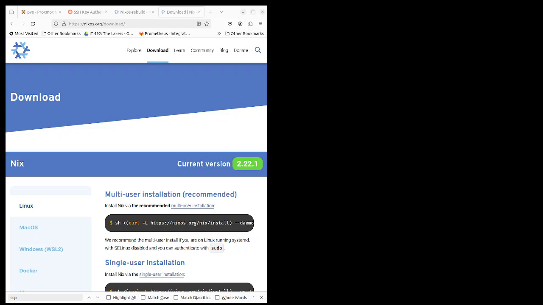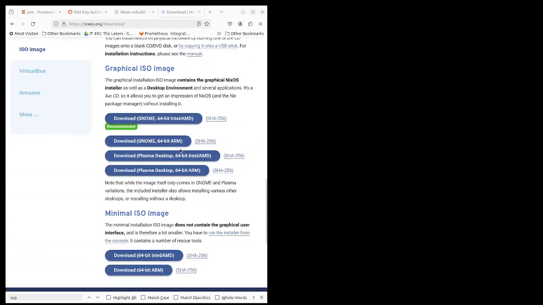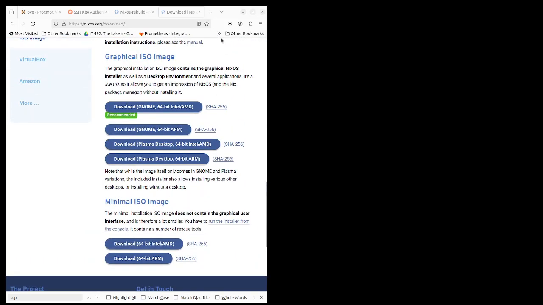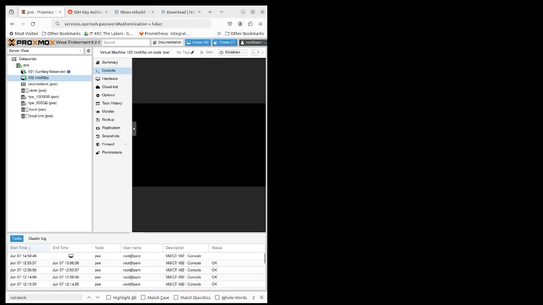Alright, so here we're going to do a tutorial on installing Kubernetes on a NixOS operating system in Proxmox. The first step is to download the ISO for installation. You're going to download the ISO from this minimal ISO image. You're going to click here, right click it, click copy link, and you go over here